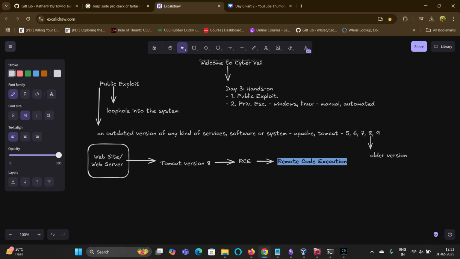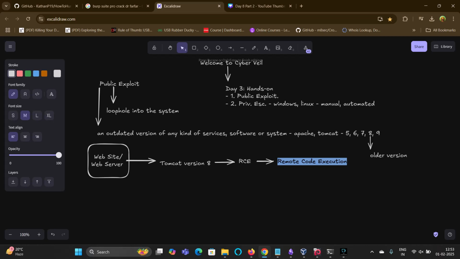Privileged access could be of the admin, the manager, or the user. We can get the user's access and then escalate it to the admin or to the manager. That's how remote code execution is performed. Sitting from here, we can control all of that system, particularly the one working on that website.